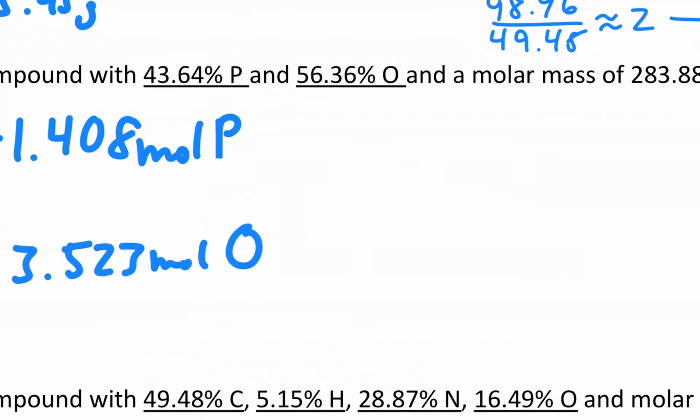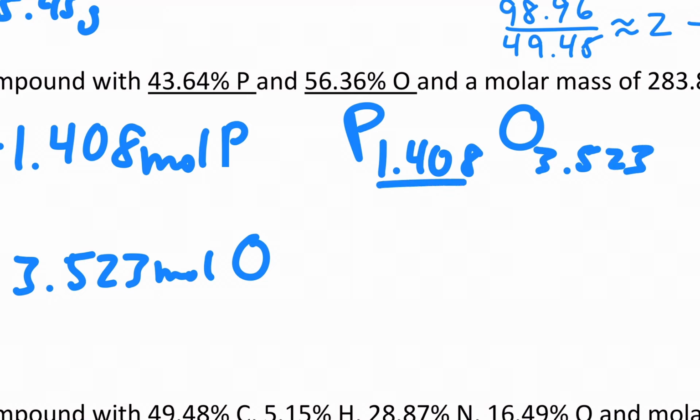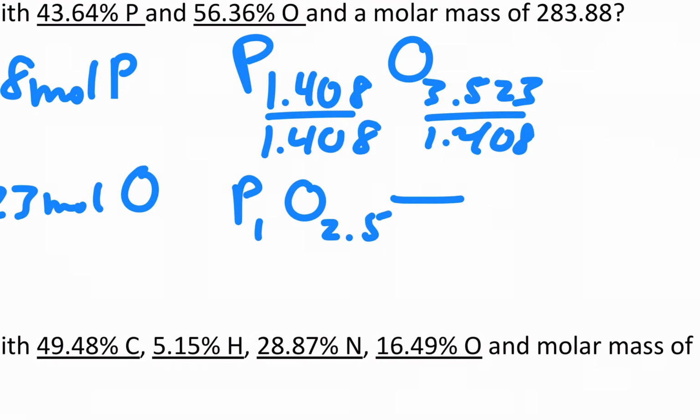I like to do this by just writing a fake formula first, so P 1.408, O 3.523, and then divide each one by the smaller one, that's the phosphorus value. And this one actually gives me 1 phosphorus, and if you look at your calculator, you get almost exactly 2.5 oxygens, so you actually have to normalize again. And here you just use some common sense. Multiply by 2, you get an empirical formula of